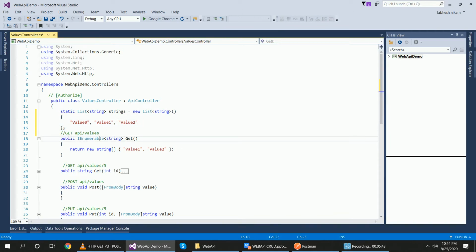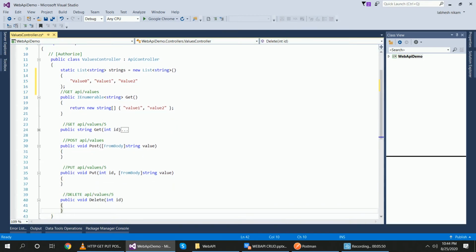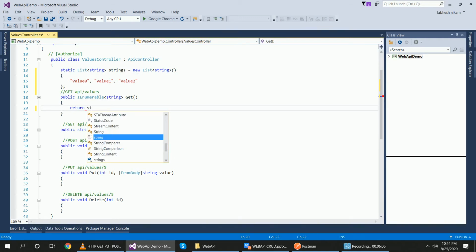Now here I have all four types of method: GET, POST, PUT and DELETE. Inside of that I will pass this strings data. Okay, so if I want to return a list of data, then return the name of the list of strings, return strings.